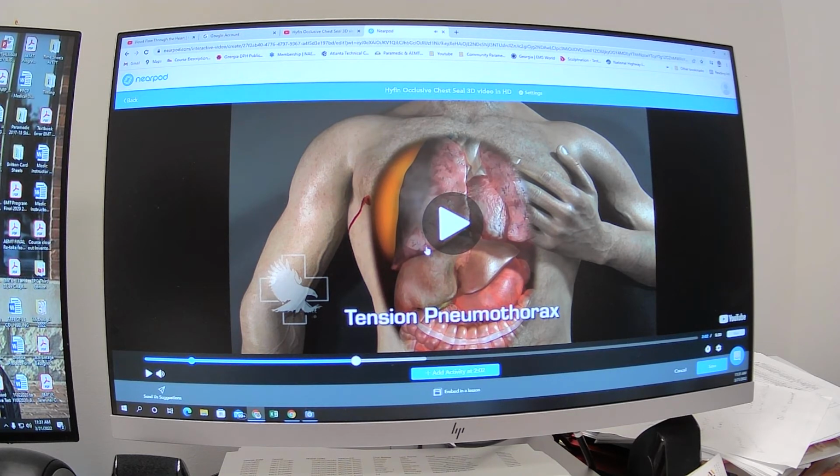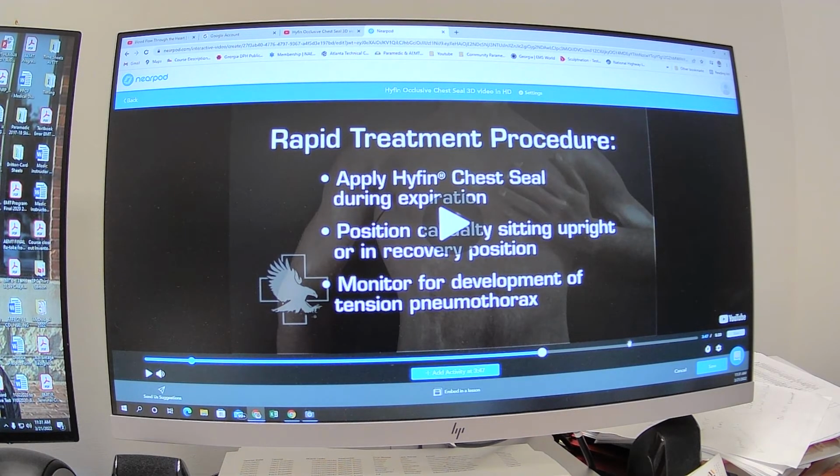Alright, so then I could put another activity here about what's the difference between a simple pneumothorax and a tension pneumothorax. You know, it limits you only in the content that you're using of how many questions and stuff you can add down here. Okay, and then as we get to the end,